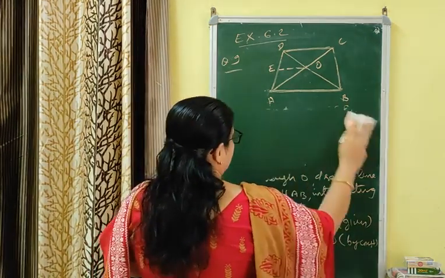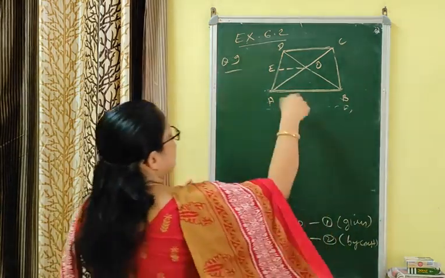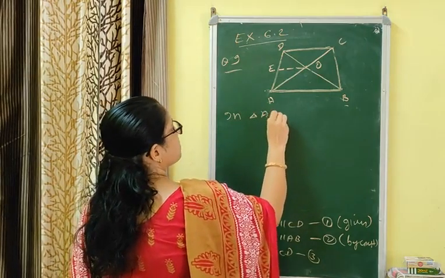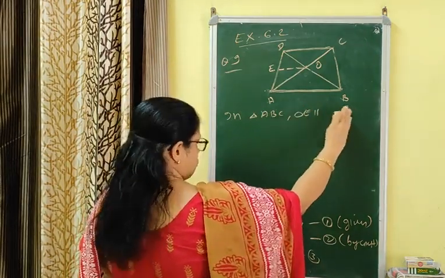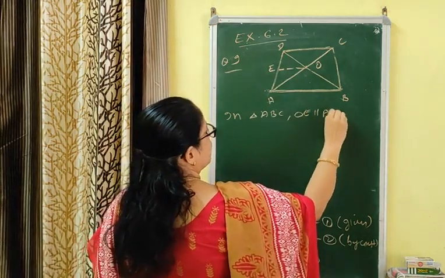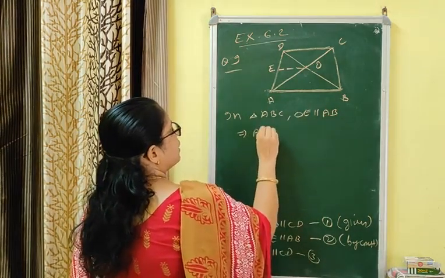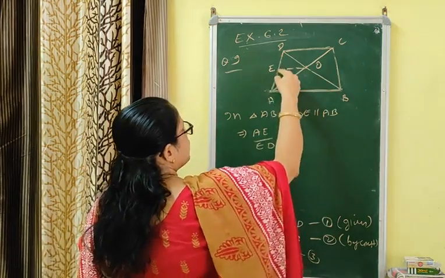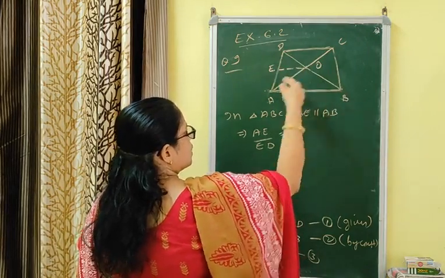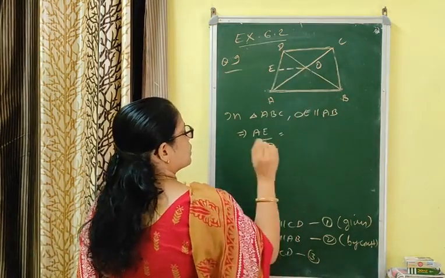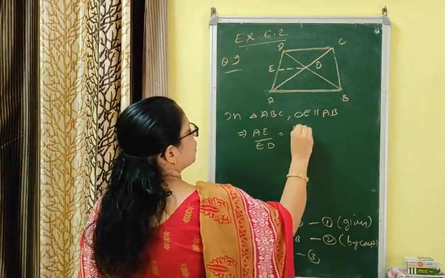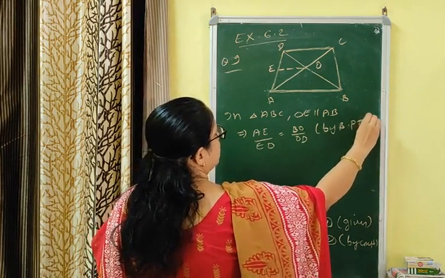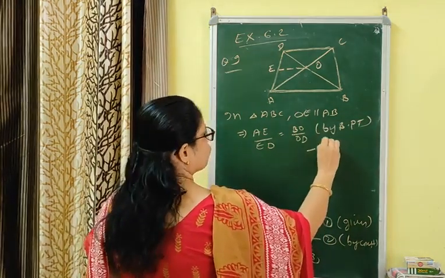Now, what you are given? First of all, take the triangle ABD. In triangle ABD, this is proof, OE is parallel to AB implies AE by ED. हमने कौन सा ट्रायंगल लिया? ABD में AE by ED, तो आप कहां से स्टार्ट करेंगे? इधर से, इस प्रोडक्ट से लिए तो इससे करना, तो क्या आएगा? BO by OD by BPT, because we have made the line OE parallel to AB. This is equation number 4.